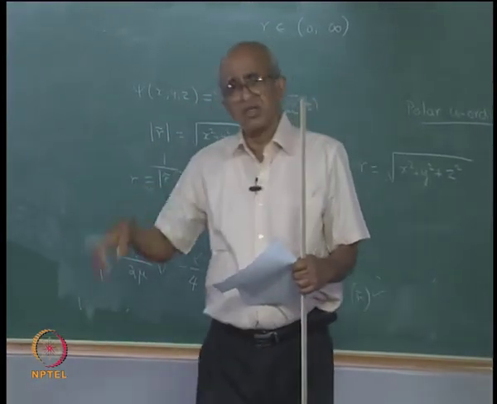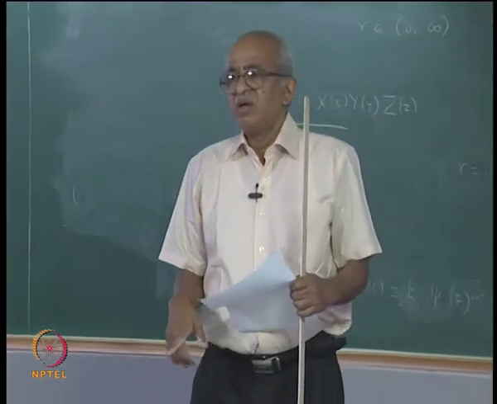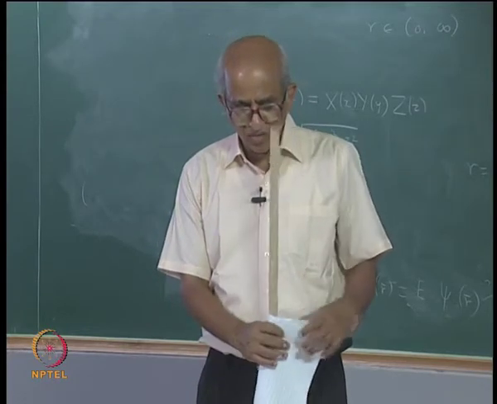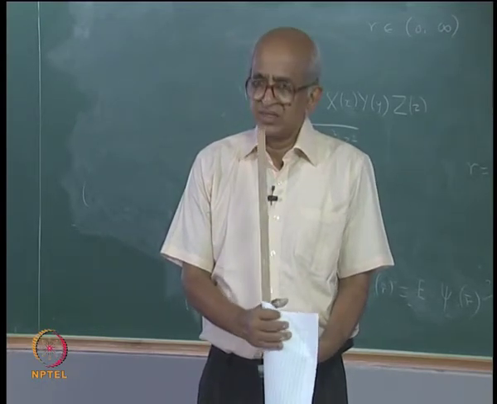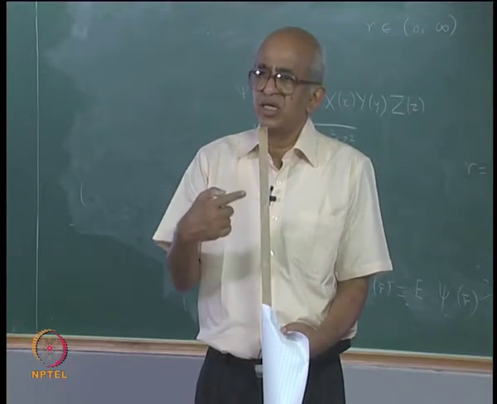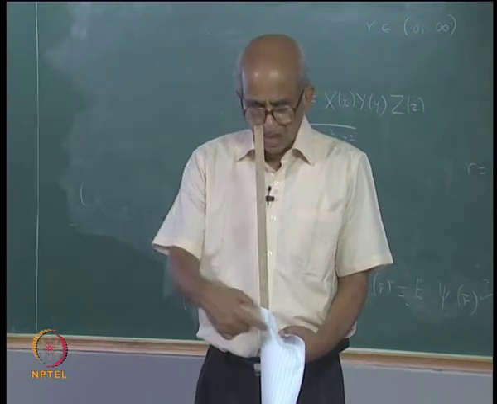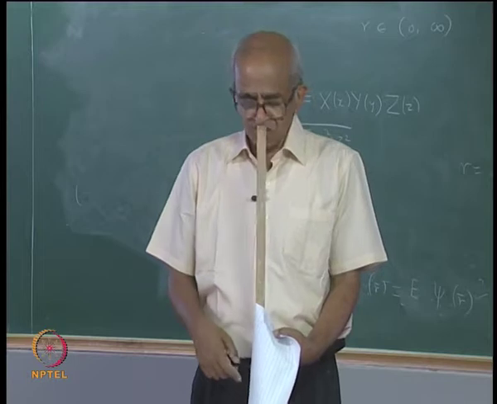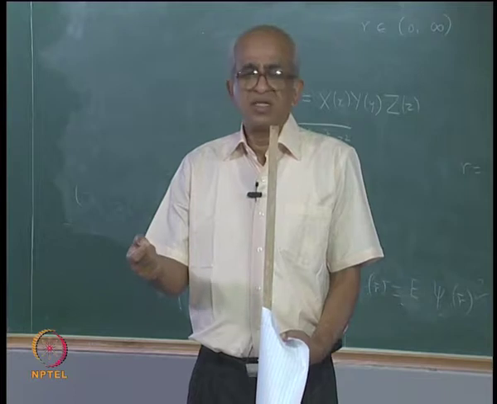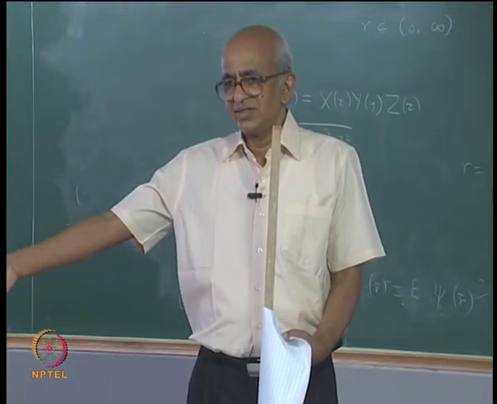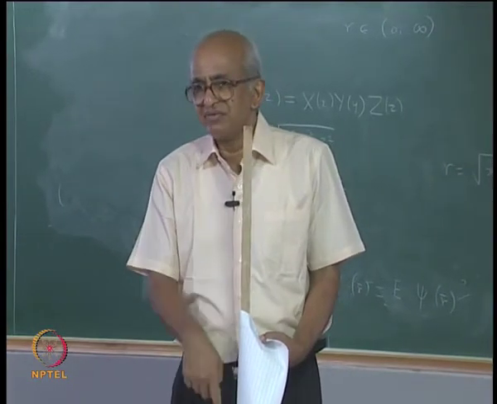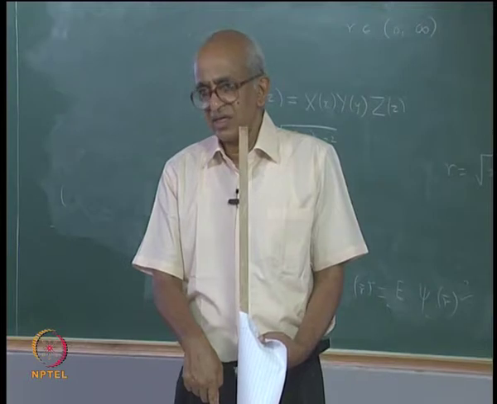Then suppose I went on increasing theta further, let us say to 120 degrees, then what would happen is that the cone now points in the opposite direction. Earlier the tip of the cone was pointing down, but now the tip of the cone is pointing up, correct, and the point could be anywhere on the surface of this cone. But when you go on increasing the value of theta, eventually when the value of theta reaches 180 degrees, what would happen? The cone would degenerate into the negative z axis, correct.